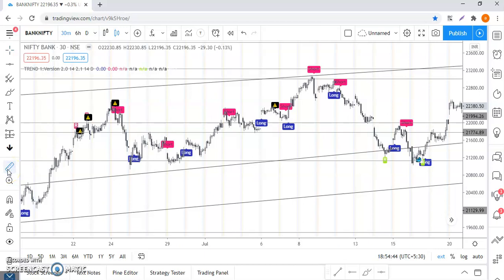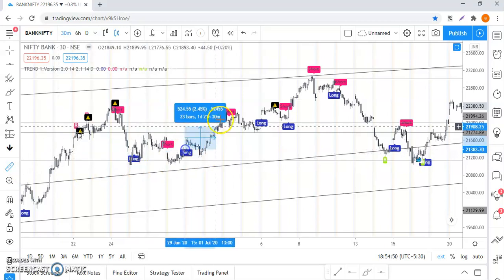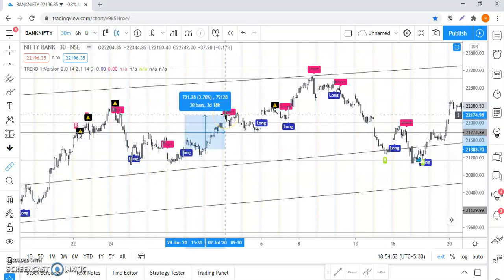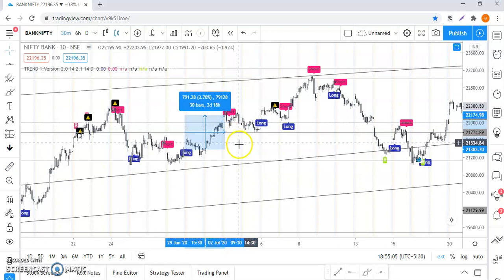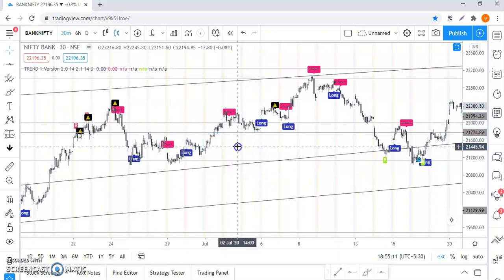You should not do anything else here. Just follow this, and ultimately you will get profit and you will be profitable. Trust me, there's no rocket science. Even any naive person can trade with this tool. You don't have to be a pro in the market, but what I'm telling you is you will be trading better than pros in the market. From my personal experience, this has been giving me amazing results.